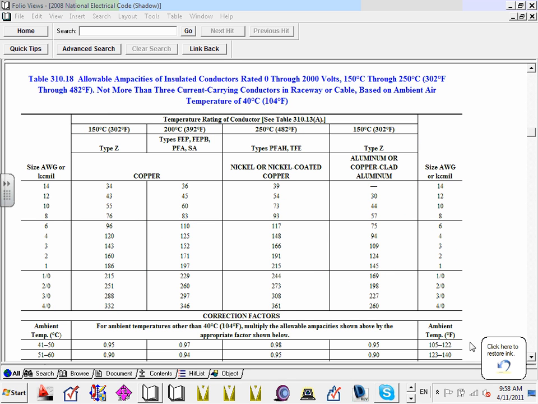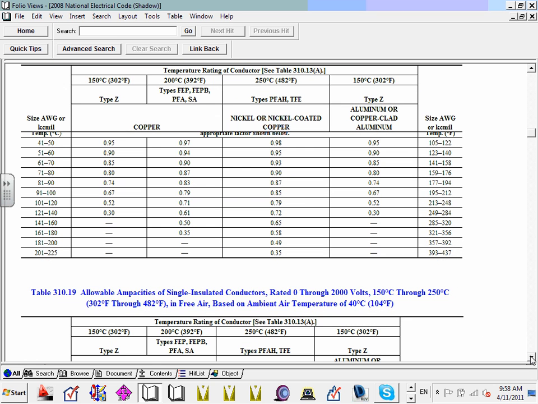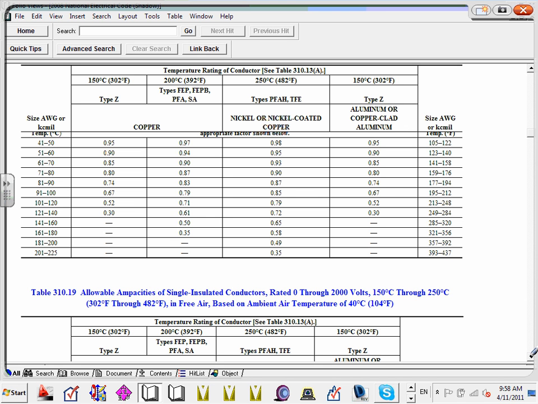So that's a table that you will encounter, and the reason I bring this one is because here's the derating factor under this table. It's the same application for the derating factor, guys. How to derate based on Fahrenheit and Celsius, same application. Suppose I'm using